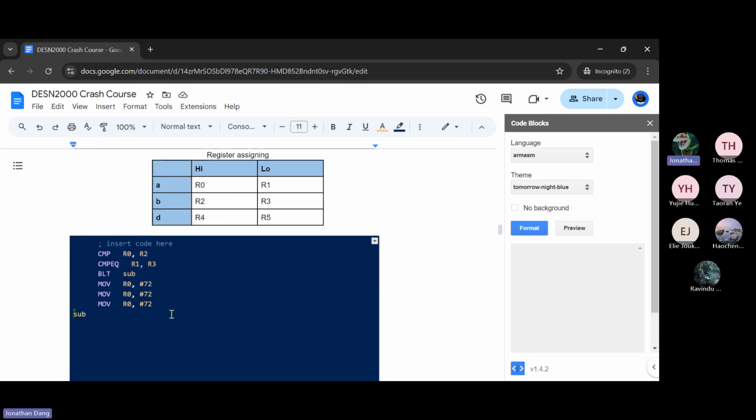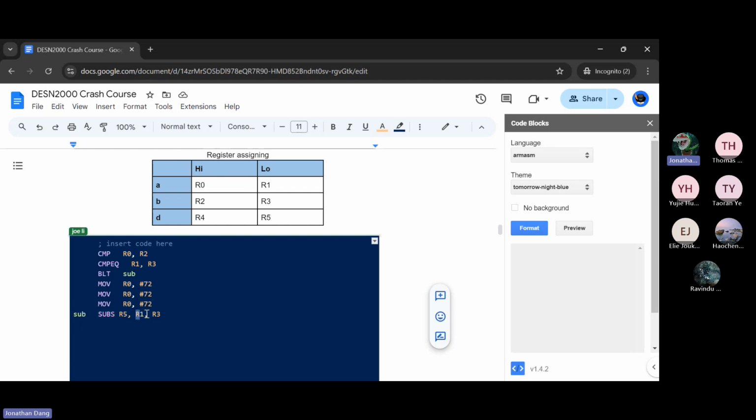So sub. For sub, we will subtract and store in R5. What was it? R1 minus R3. So R1 minus R3. And basically, if there is a carry error, so as in R1 gets a carry